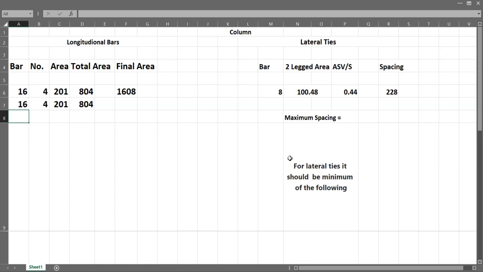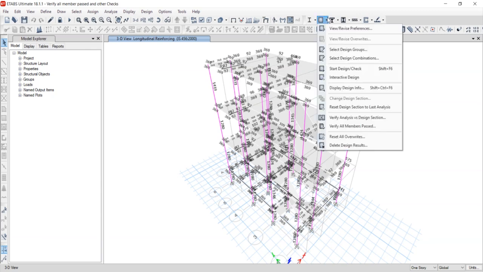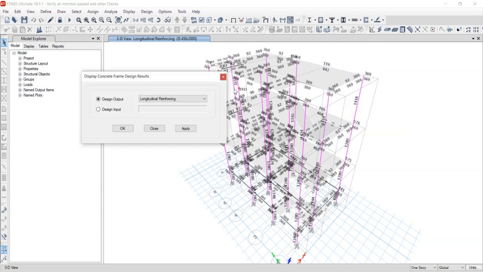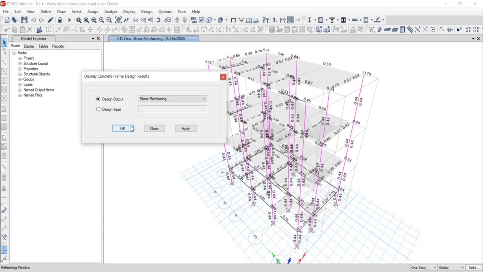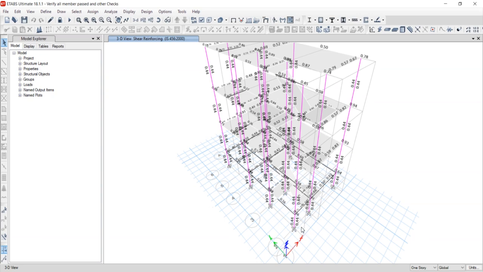So if you look here in our model, if you want to check the shear reinforcement, you just simply need to go here and click here. After that, you go to display design info, and from here you can easily select the shear reinforcement, and after that click on apply. Now you can see that in this region, at elevation 2,